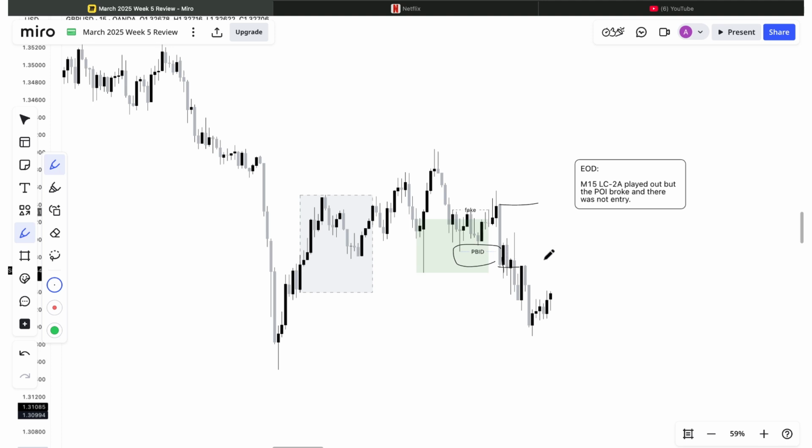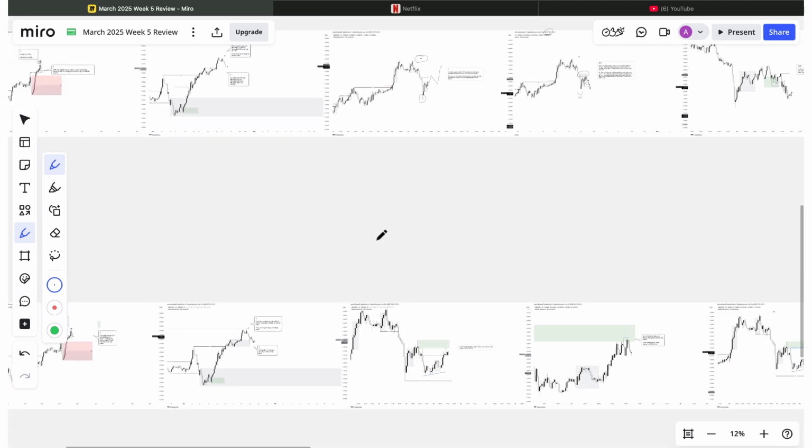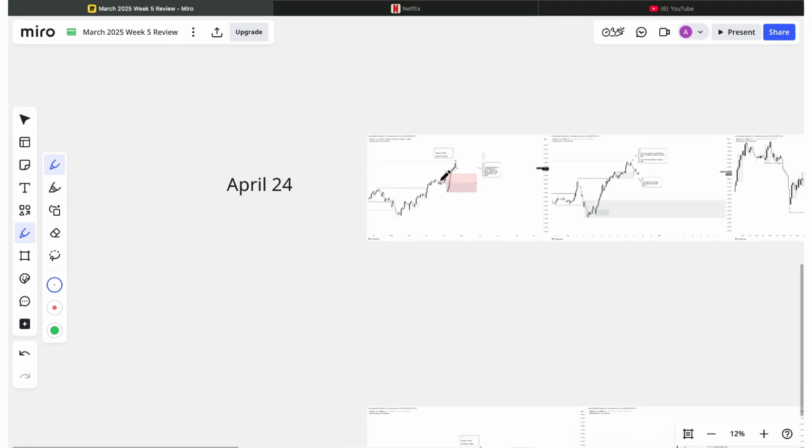But thankfully, this candle actually broke out of the POI, which invalidated the trade. So I just popped out of the trade. So April 4,